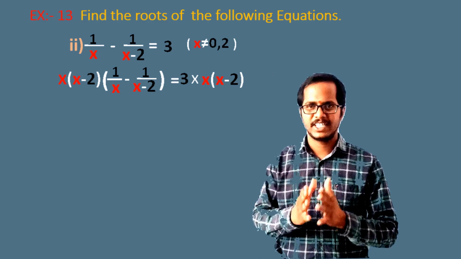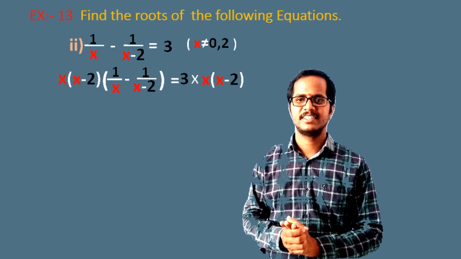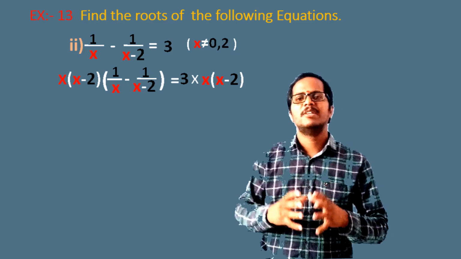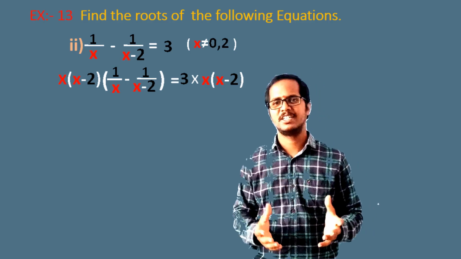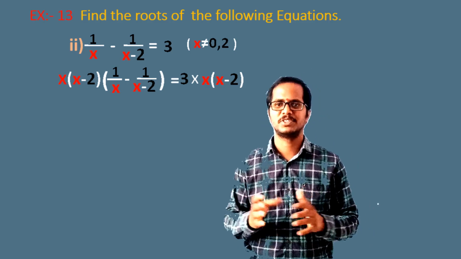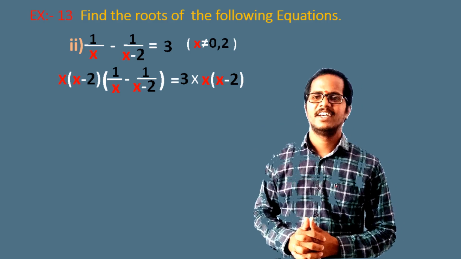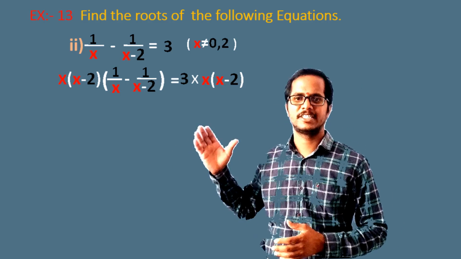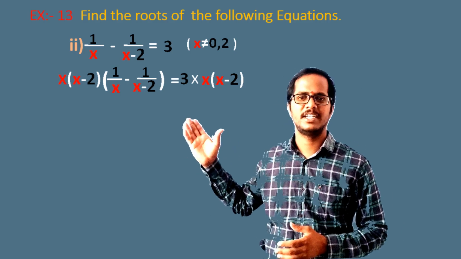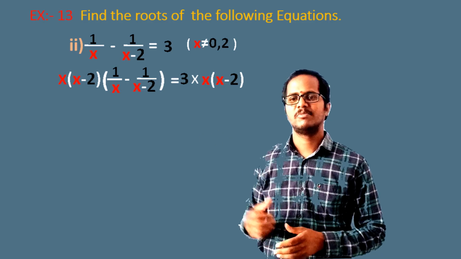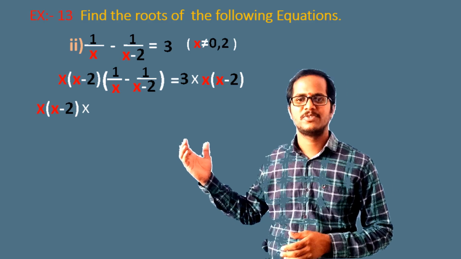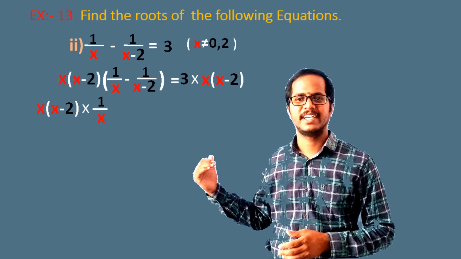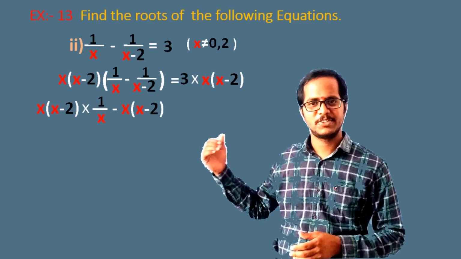Why are we multiplying with x and x minus 2 here? Because we want to eliminate the denominators, that are x and x minus 2. So we are multiplying with x and x minus 2 on both sides of the given equation. Now let us distribute this x into x minus 2 to the terms inside the bracket. By distributing this, we get x into x minus 2 into 1 by x minus x into x minus